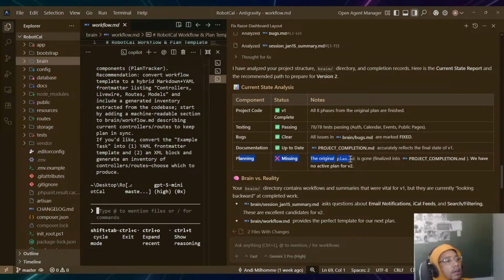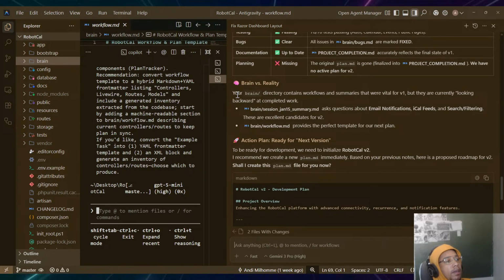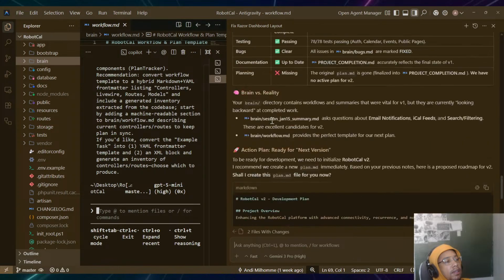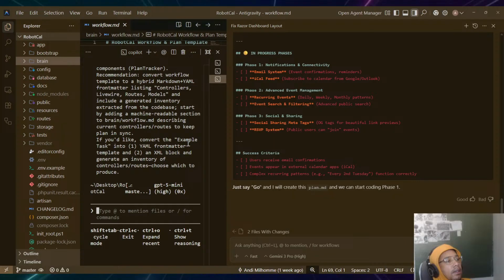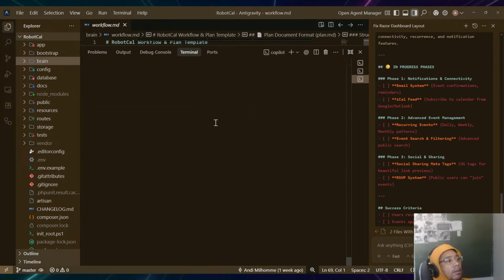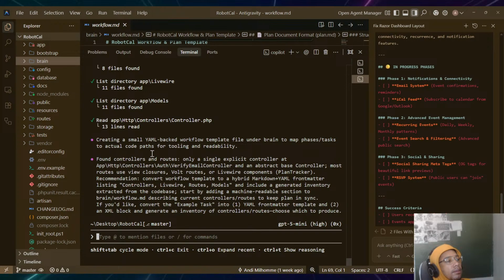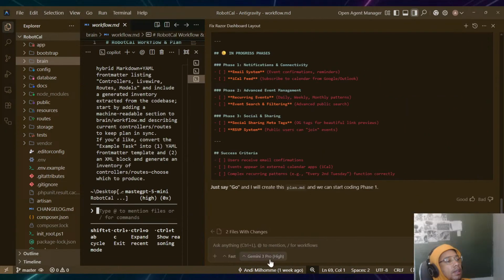Now we need to create a new plan. Okay, now the brain directory contains workflows. Before we even do that, we need the plan for the next version. And we're going to actually go into our plan.md. Let's check with this first. It says, okay, this is not ready yet, so we're going to say here that